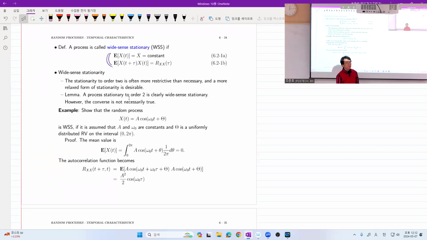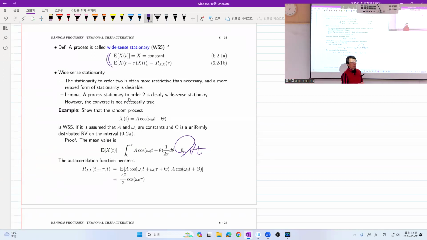In order to prove that, you need to use the definition. So you first find the mean path. Each sample path is a cosine function, right? With the same amplitude and same frequency. However, their phase offset could be different from 0 to 2 pi. And interestingly, from this 0 to 2 pi range, you have exact opposite sample paths, and when you compute the mean path, they cancel away. And you have a zero function. The mean path is 0 for all t. So the first hurdle is overcome.